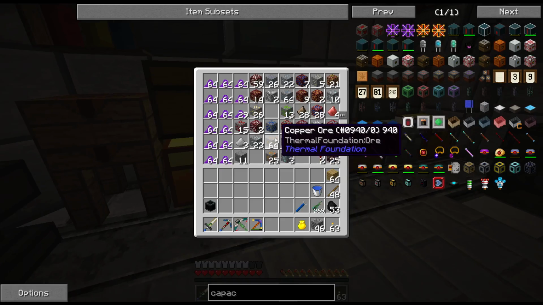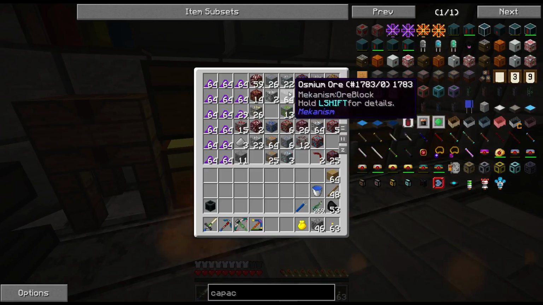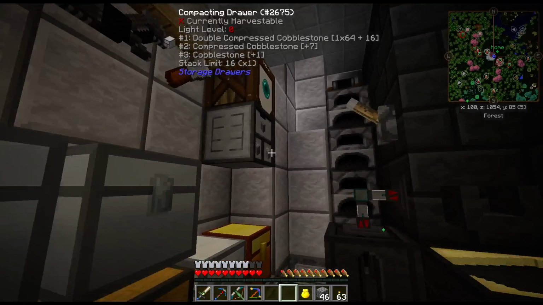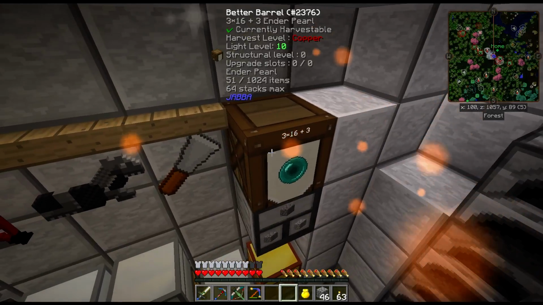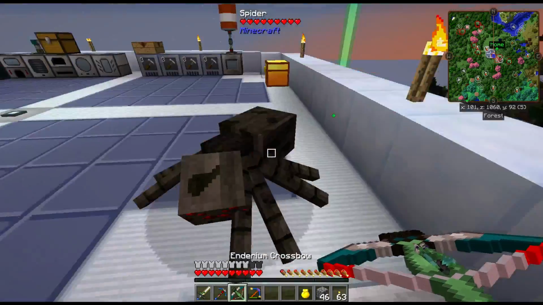I did want to show you guys one little processing thing that I don't know that a lot of people know. I'm trying to think of what I need. Don't really know. Let's go with some tin. Alright, so I already mentioned that one. Yep. Oh, we'll get back to this, but yeah, I'm down to 3 stacks of ender pearls because...